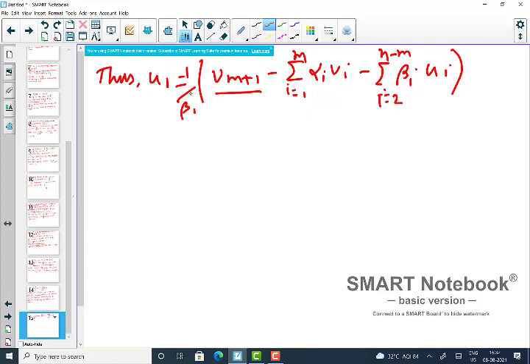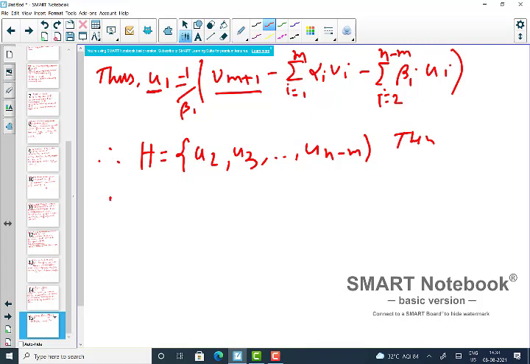Instead of u1, you can now put vm plus 1, because you can replace it, right? That's why it's called the replacement theorem. We are replacing a general vector by a linearly independent vector. Vm plus 1 is a linearly independent vector. So what does that mean? That means the new set is, if you choose H equal to u2, u3 and similarly up to u n minus m, then